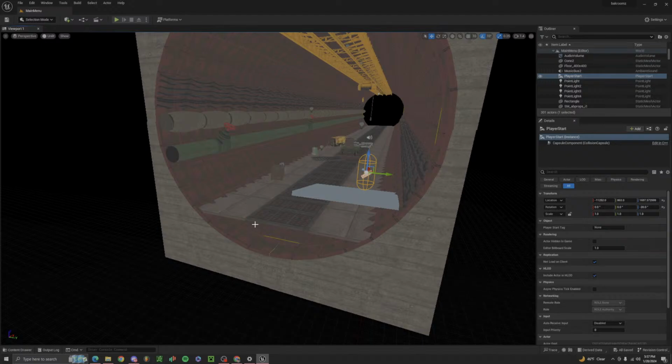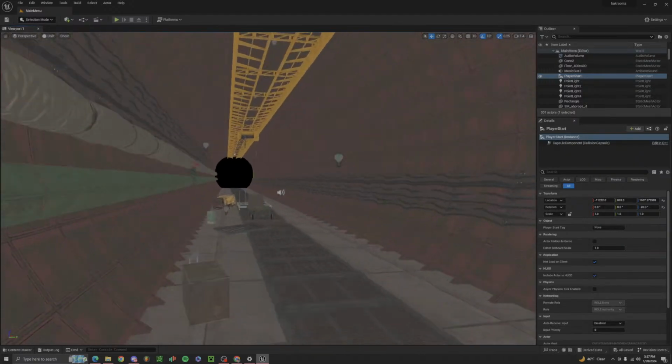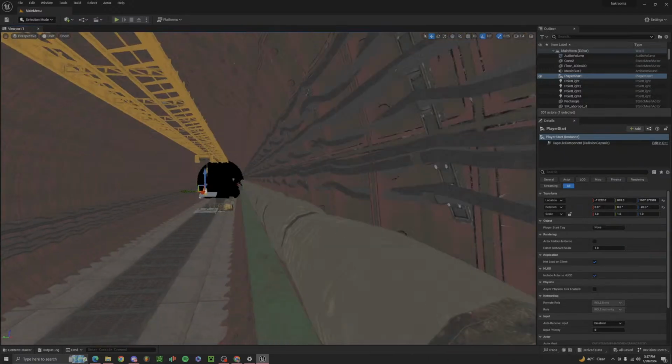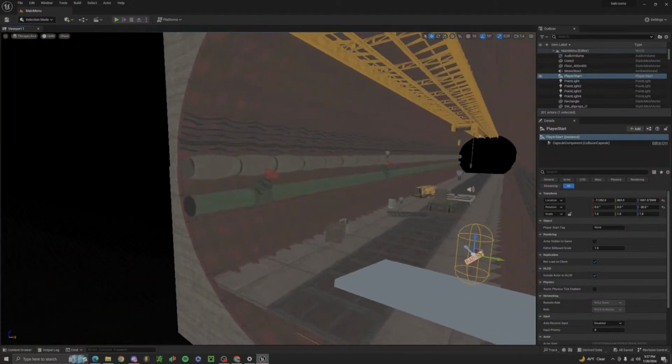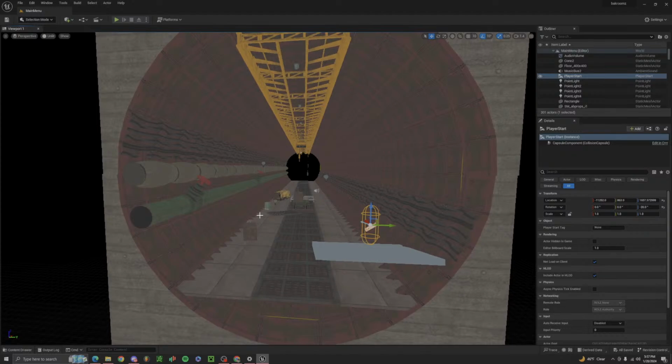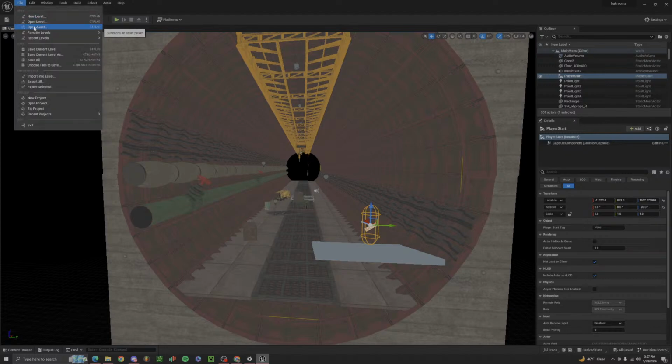Also, I'm not going to use a lot of these props. I'm just going to gray box everything until I figure out the story and art approach, because that's going to be its own thing. I do have a couple hundred dollars worth of assets. I'd like to use them, but it just might not be the best idea. So for now, we'll just